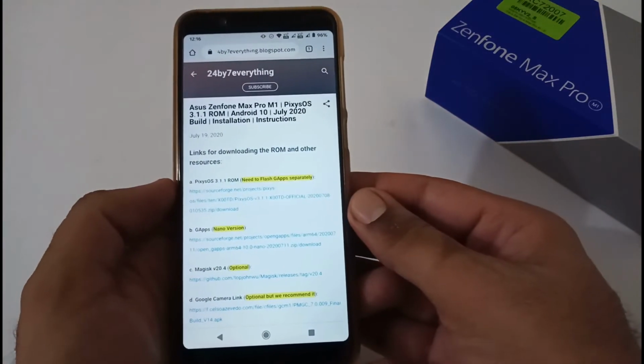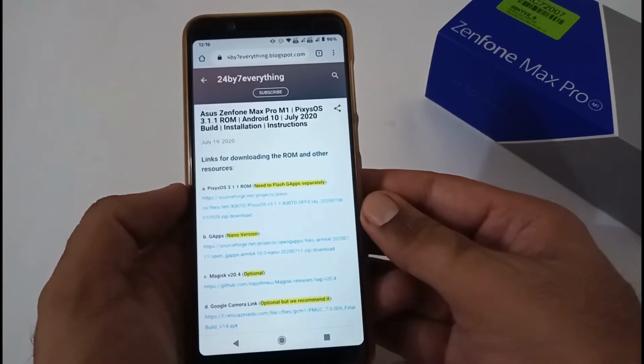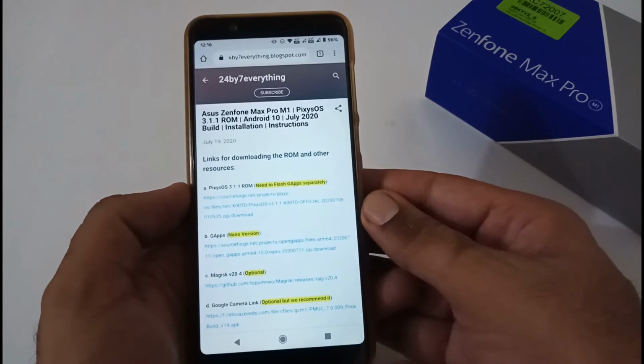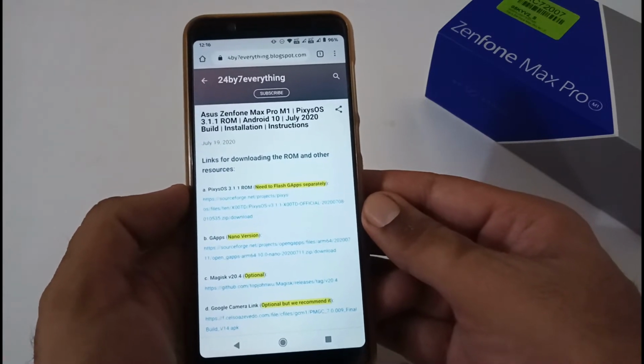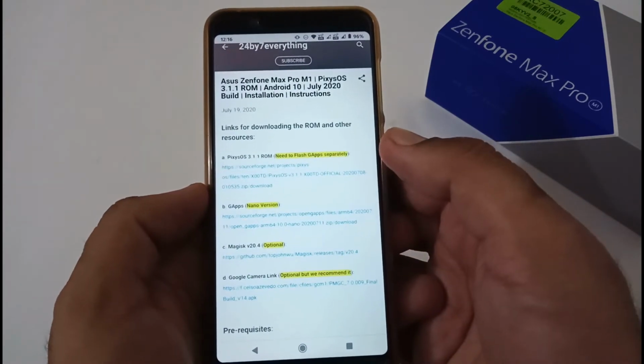Now let's jump into the installation part. So for that, I've already opened a Chrome browser, and we are going through the dedicated article that I've already created on my official blog. The URL for the same will be provided to you in the description box below so that you can go over it afterward. So again, nothing major has been mentioned.